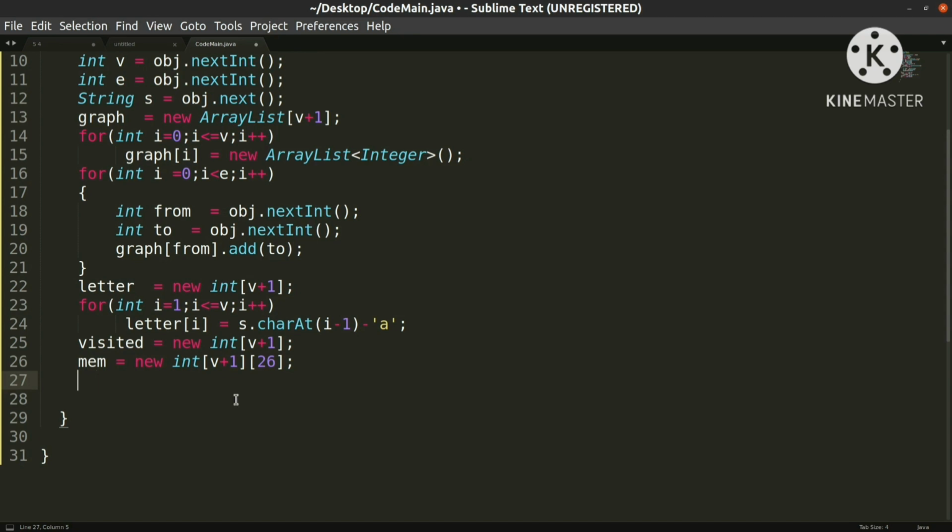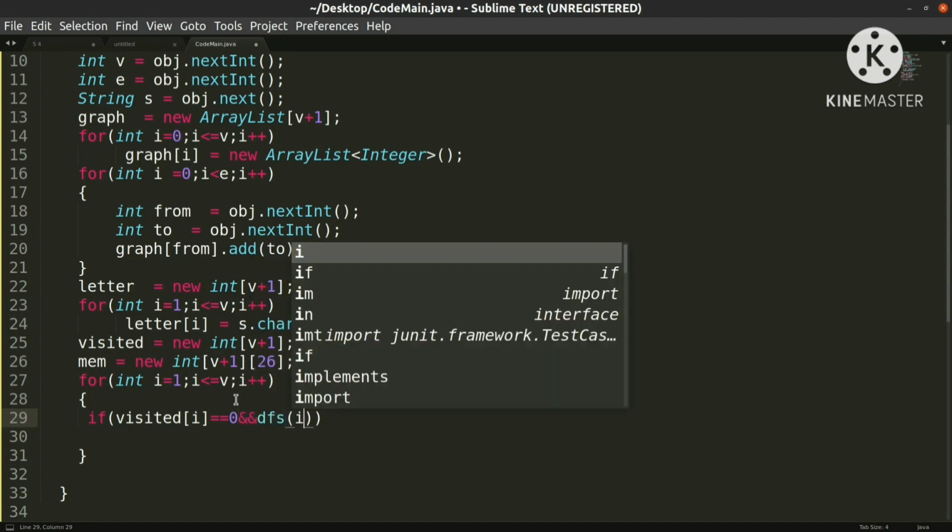Now we should actually get into the main coding part. This is the core of this. So now that we discussed the previous slide, we should first print minus 1 if there is a loop. For that we have to write a function. For int i equal to 1, i less than or equal to v, that means I am traversing every node that is given to me. Initially visited is 0, right? If it is not visited, only then we have to do the DFS. If it is visited, why should we do that?